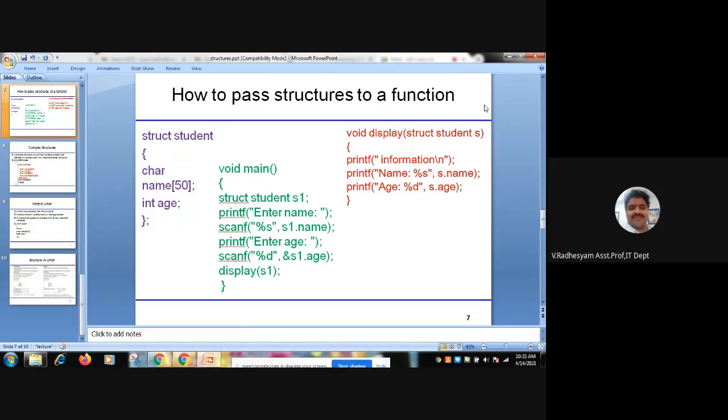Is it clear? Now I want to pass a structure as an argument to a function. I don't want to confuse you much, so I have taken a simple example. Take this struct student with char name[50] and int age. Only 2 items are there. We can write struct student outside of main, and struct student s1 here, where I am creating a variable.